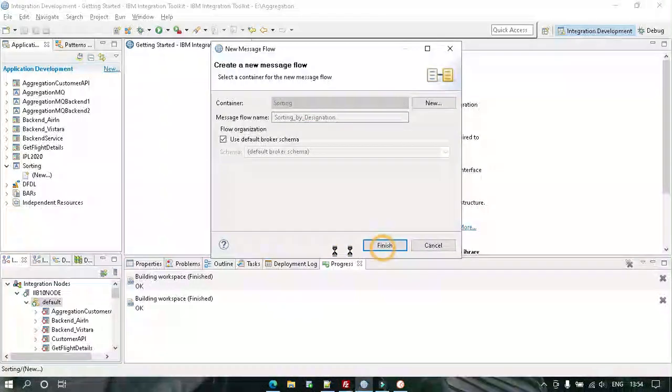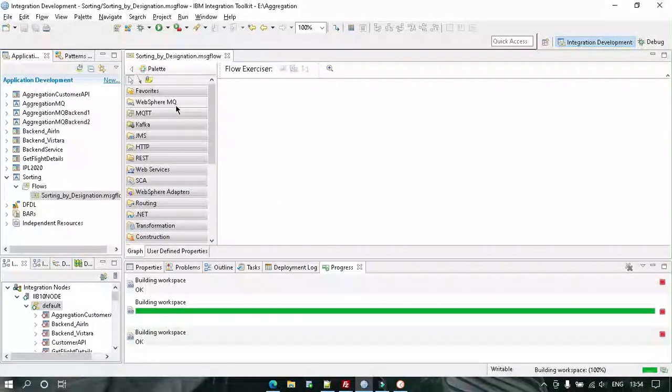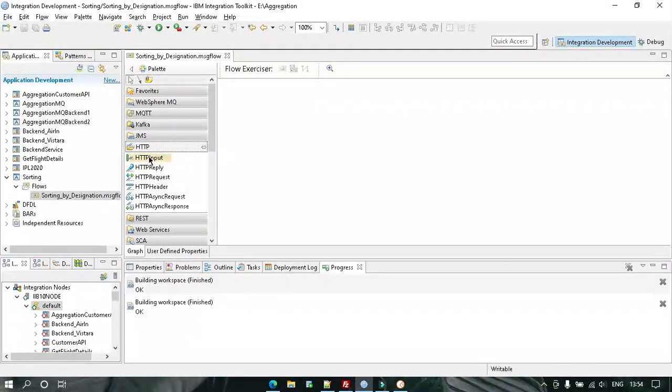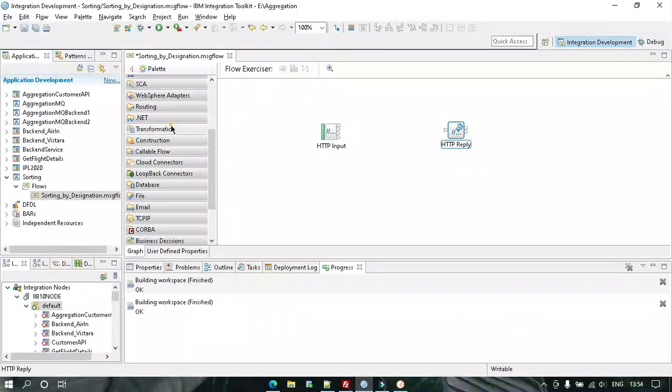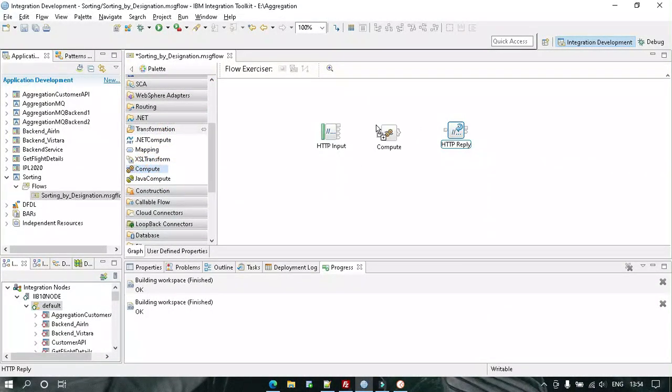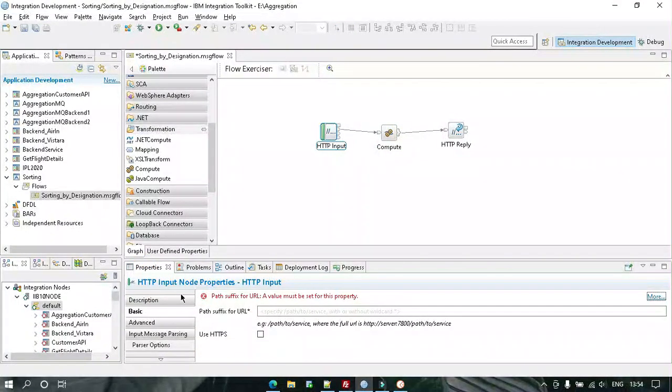I want to make it HTTP so that it will be easier for us to execute. Let's give basic details.